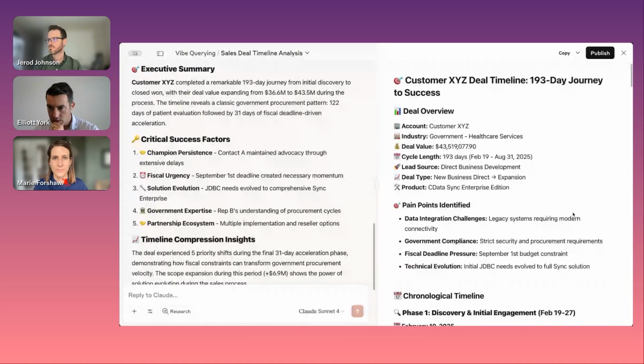The lead source here indicates that it's from business development, so from a BDR. The lead source is part of the way we have our marketing attribution set up.